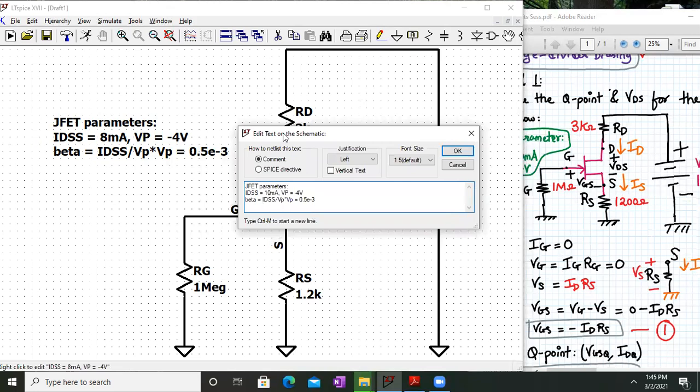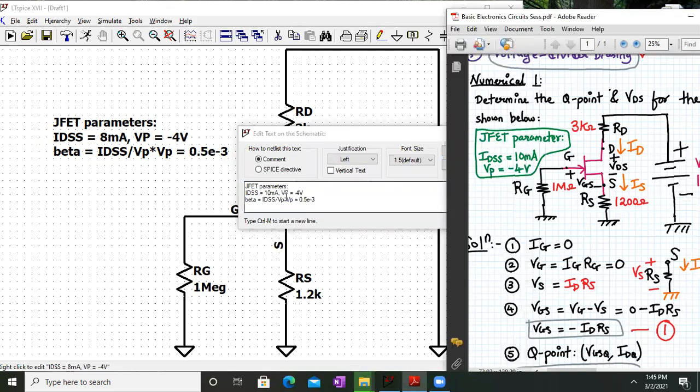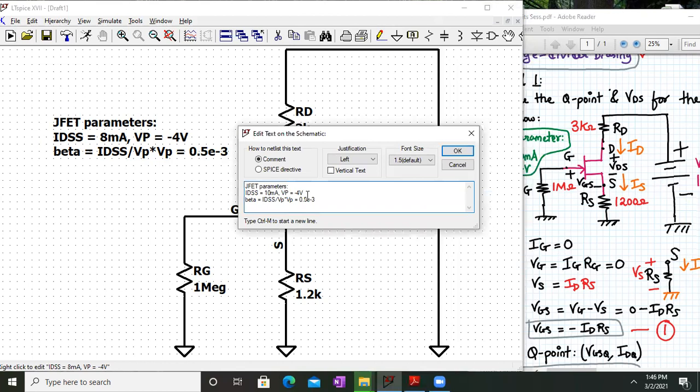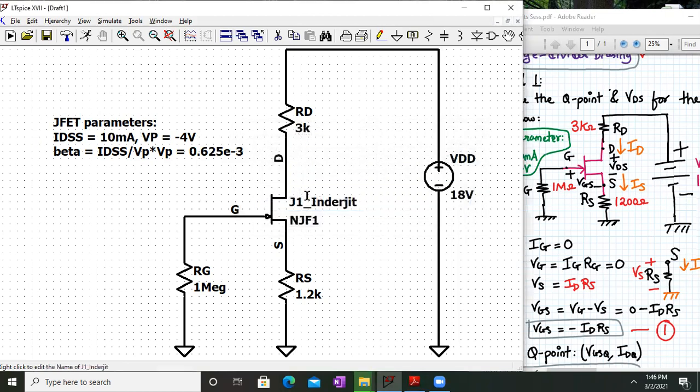Beta will be IDSS divided by VP squared. So that is 10 milliamperes divided by 4 squared. Beta comes out to be 0.625 into 10 raised to minus 3. You have to calculate this for the JFET parameters.